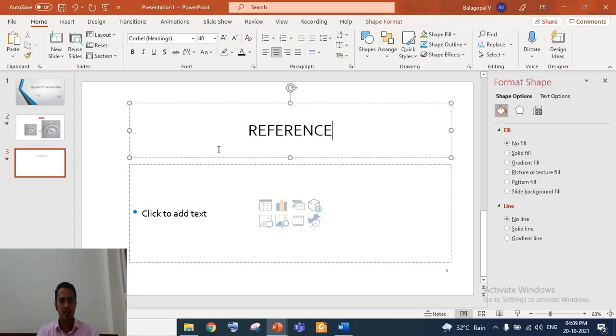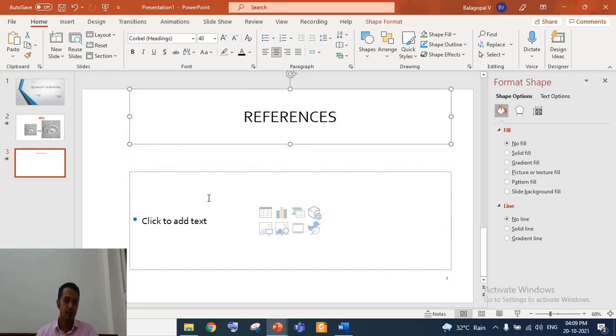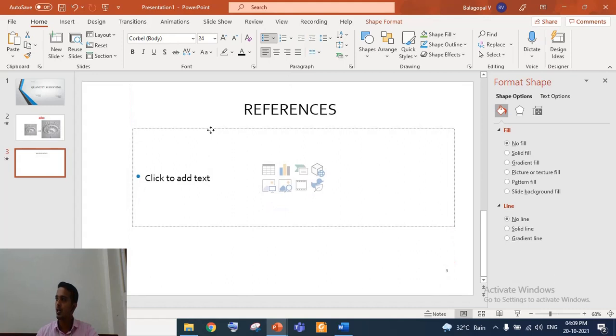reference. You should give the references, and for that you should give the details of various journals or other references that you have used for preparing the seminar, or from where you got this data. I think you will have to refer to many journals, and from those journals you will be taking the data that you will be presenting for the seminar. So you have to provide all the references that you have taken.